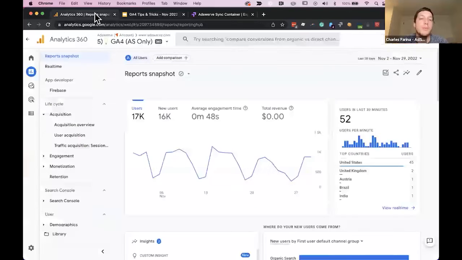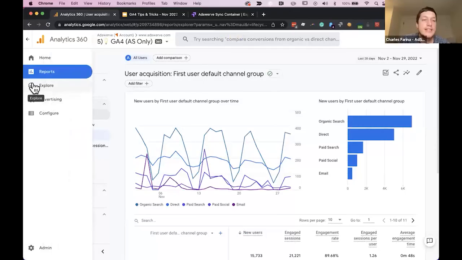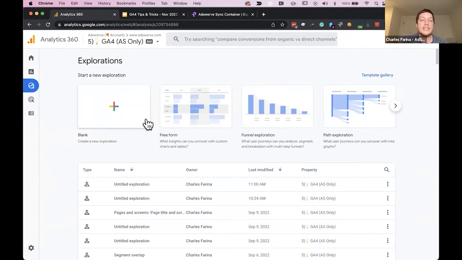Another really important part that we've built on is that there's 2 distinct areas of Google Analytics 4. There's these standard reports that we've been navigating around. And then in addition, there is this explore area where I talked about that I personally spend all of my time creating my reports from scratch.